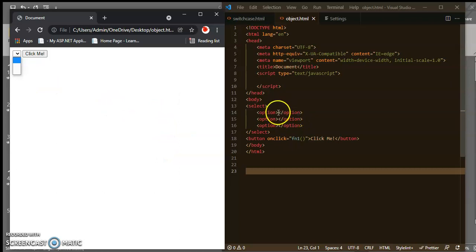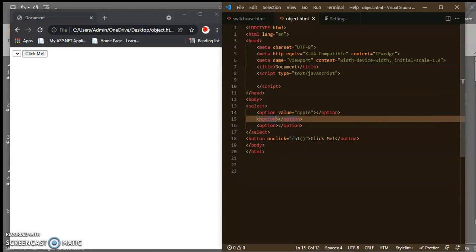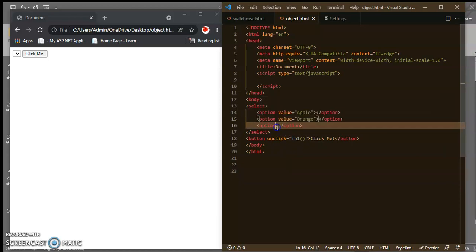To display the value, what you need is the value attribute. For that, value equal to, suppose apple, here value equal to orange, value equal to pineapple.